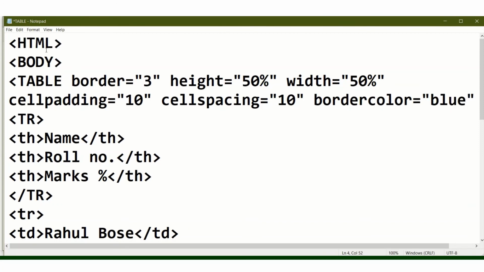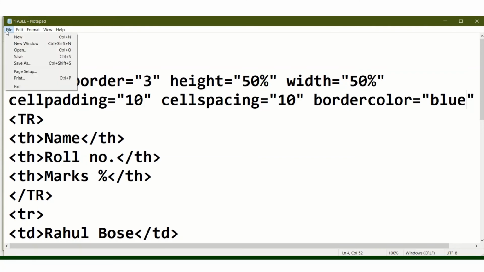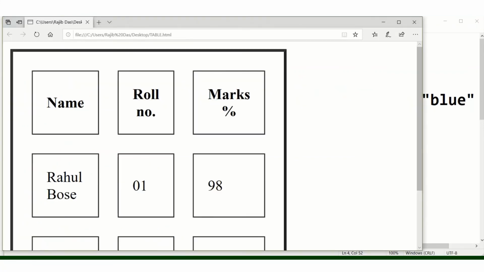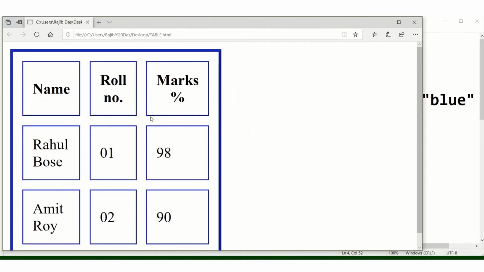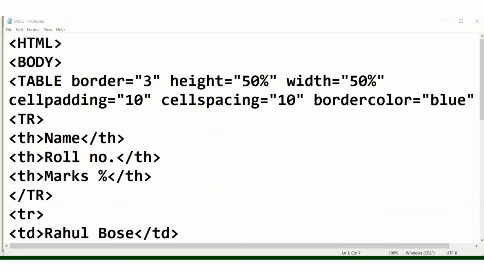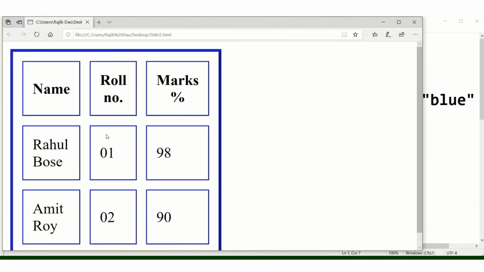Save and then go to the output page, refresh. Now the border color is blue, and I have given the cell padding and cell spacing a smaller value, so now the size is also smaller. So this is the table.